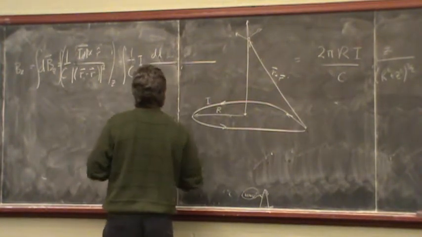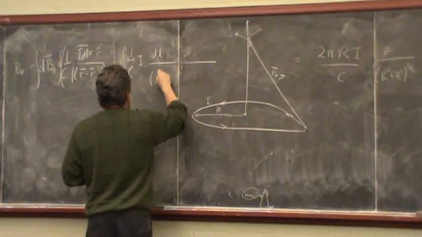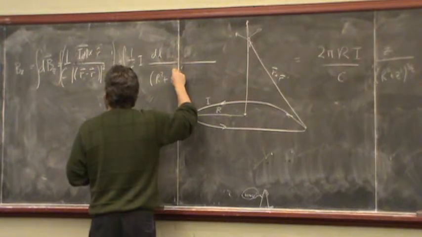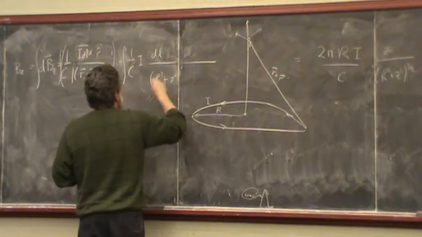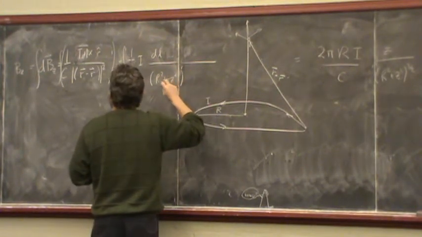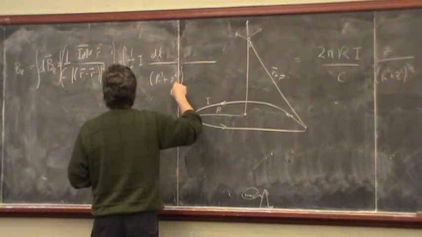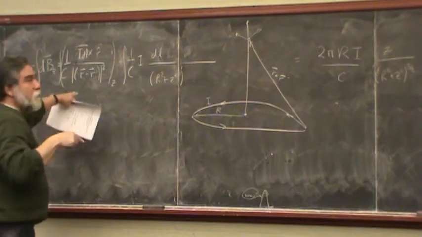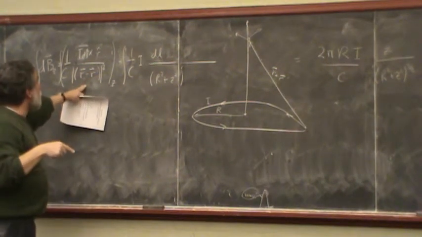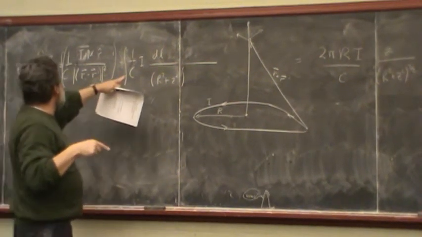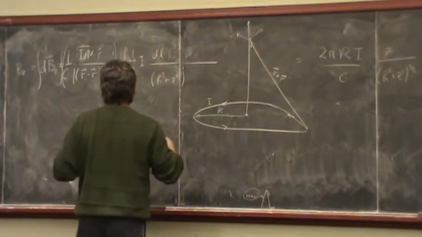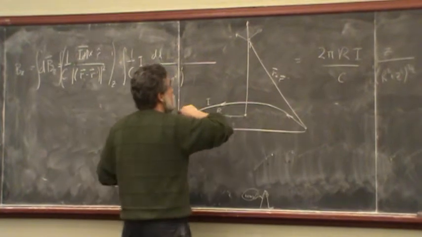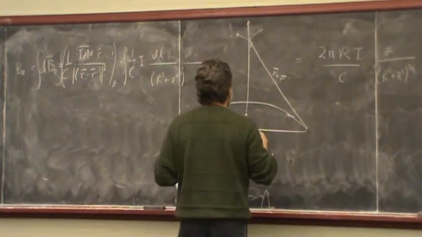Actually, what I had written here was okay, I think. r squared plus z squared, just the way it is. No square root because this is squared here, all right? And then I only want the z component now. And the z component is going to be